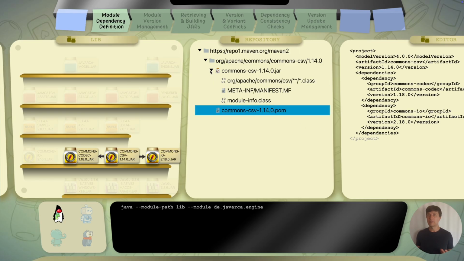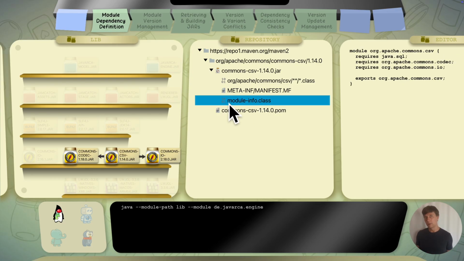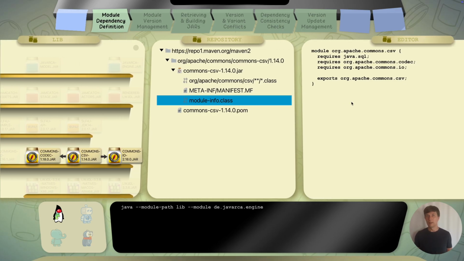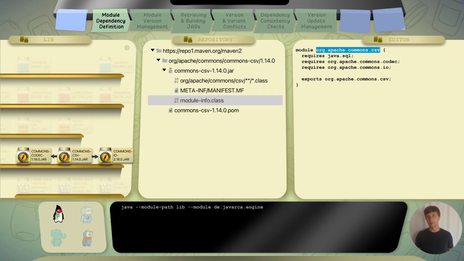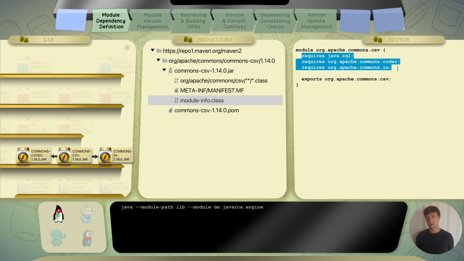In the jar file, we find, in addition to our compiled code, a file called module-info.class. This module descriptor was introduced with the Java module system in Java 9. It is a Java file with a specific format. A module or a jar file that is fully compatible with the module system needs to have this file. In the file, we now find some information I mentioned last time. For example, a unique module name for this module, which in this case is org.apache.commons.csv. We also find a list of requires statements, which means this module requires certain other modules, also identified by their unique name, to compile and run.